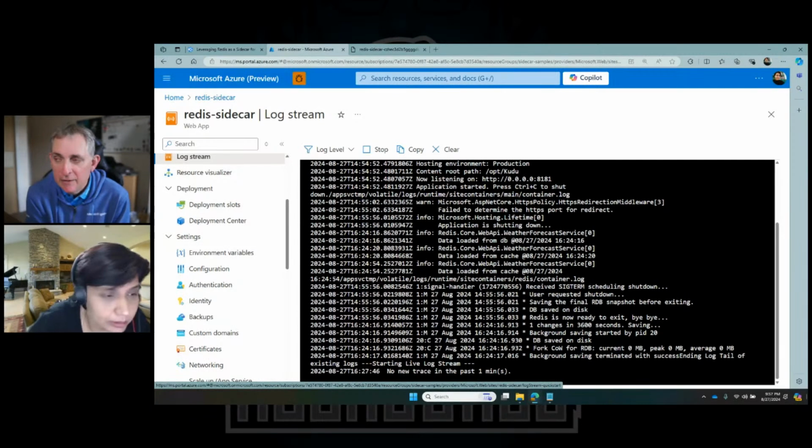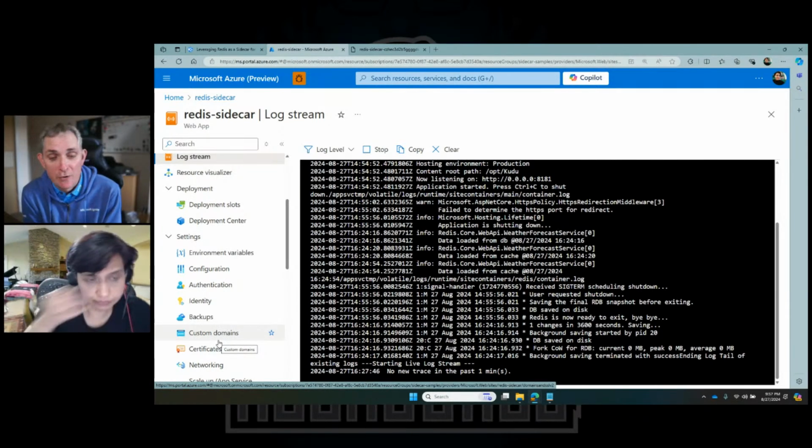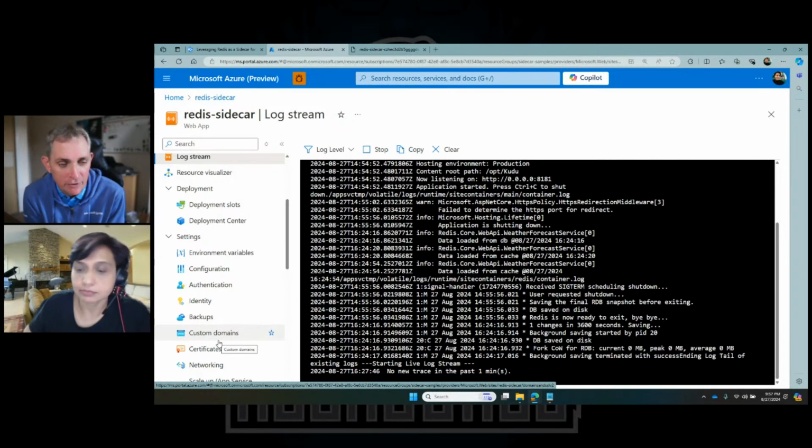Daft question again here, but before you deploy your sidecar to Azure, you can run all this locally using Docker Desktop. Is that right? Yes, absolutely. So you can run it on Docker Desktop. You just have to make sure that if you're using Windows, Docker Desktop in the last few years has been working really well. But if you want to make sure that you are simulating the entire Linux experience, you can use the WSL feature.